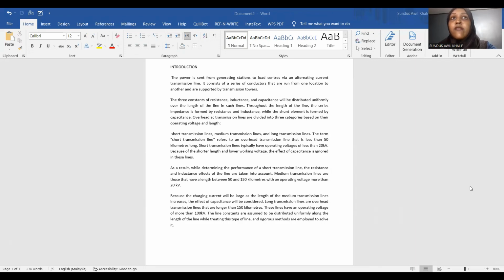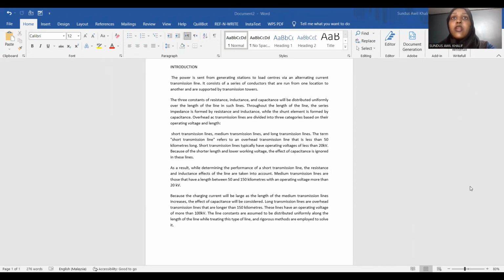The term short transmission line refers to an overhead transmission line that is less than 50 kilometers long. Short transmission lines typically have operating voltages of less than 20 kV. Because of the short lengths and low working voltages, the effect of capacitance is ignored in these lines. As a result, while determining the performance of a short transmission line, the resistance and inductance of the line